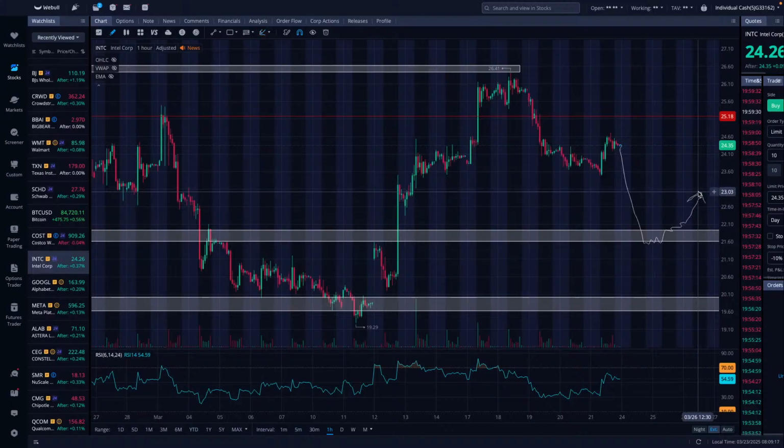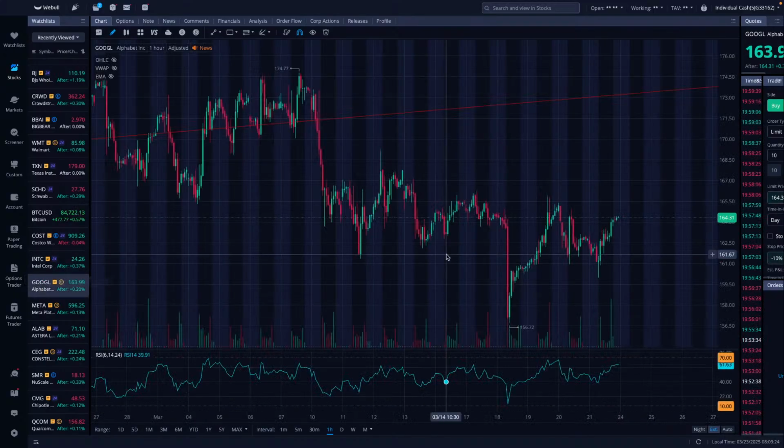All right, so just be cautious. This stock can really pull back 2 to 2.5 points in a day. I've seen it so many times. So definitely just be cautious, all right?